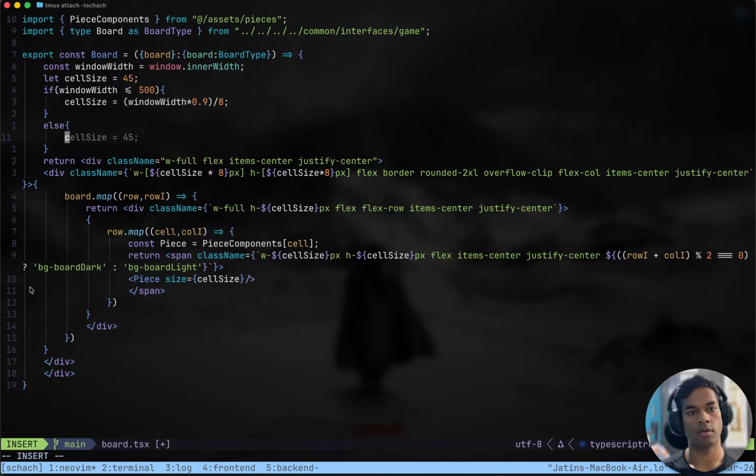Else, cell size would be not 90% but 70% of the screen.